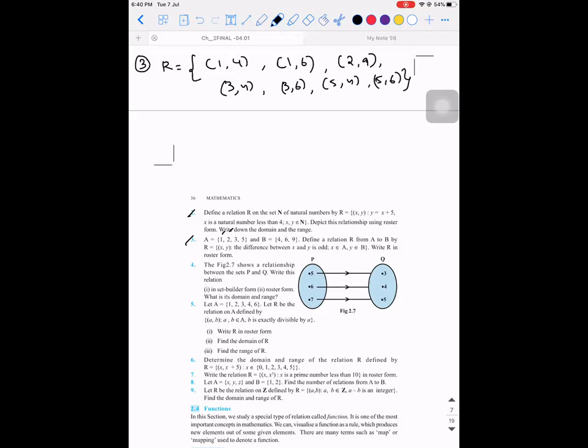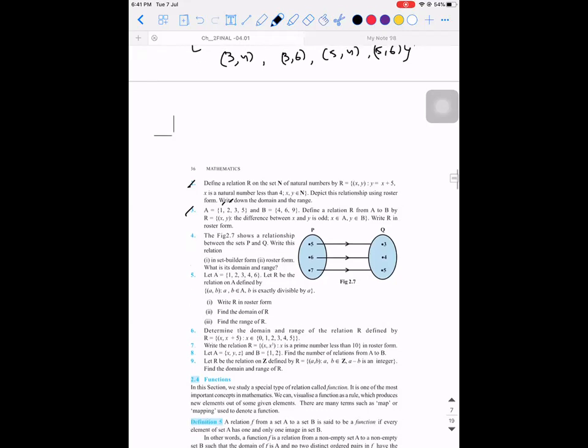So they asked us to write in the roster form. That is how we did. So what is the explanation you will give when you write this in the exam? You will say the difference between two odd numbers is even, and the difference between two even numbers is also even. Hence, for this condition to get satisfied, the numbers chosen are supposed to be a pair of odd and even. So that's why we choose it like this.